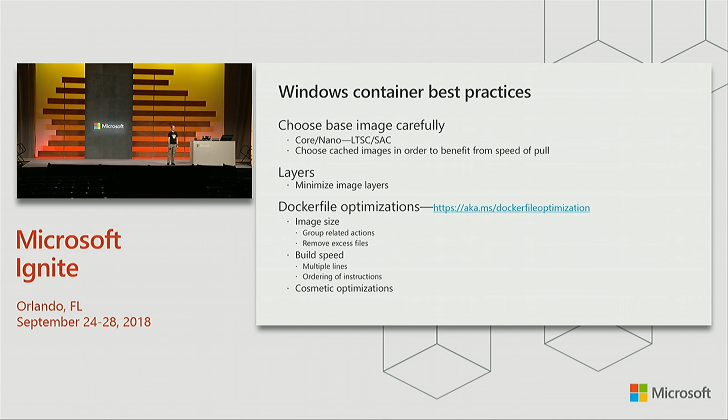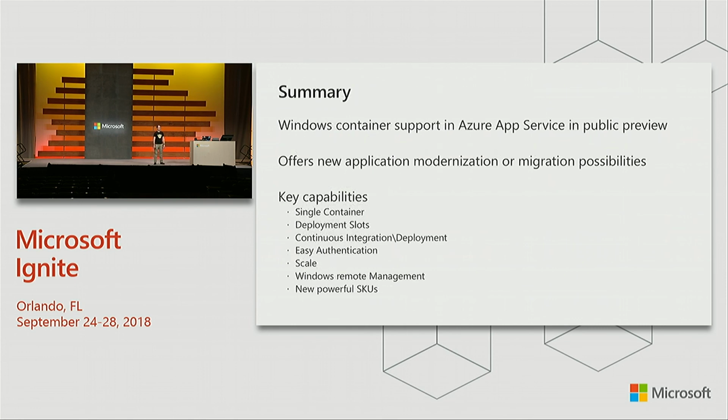And then there's cosmetic optimization. So you can label each layer so that you can see what's going on when you do a Docker build and make changes. So in summary, because I've got 3 minutes left, Windows container support in Azure App Service is